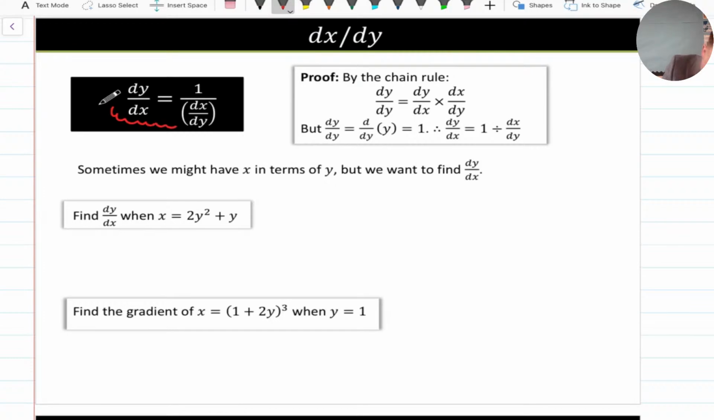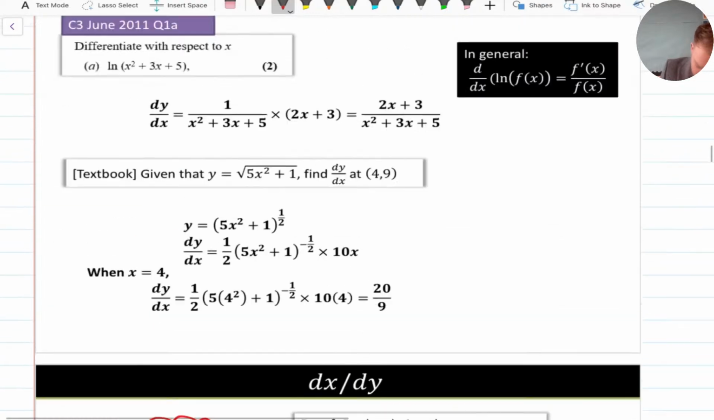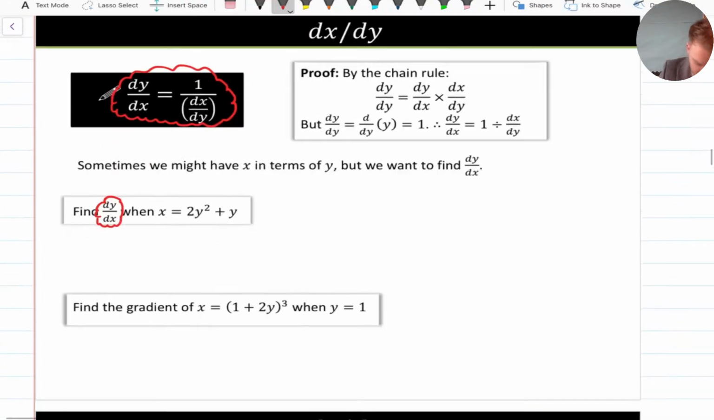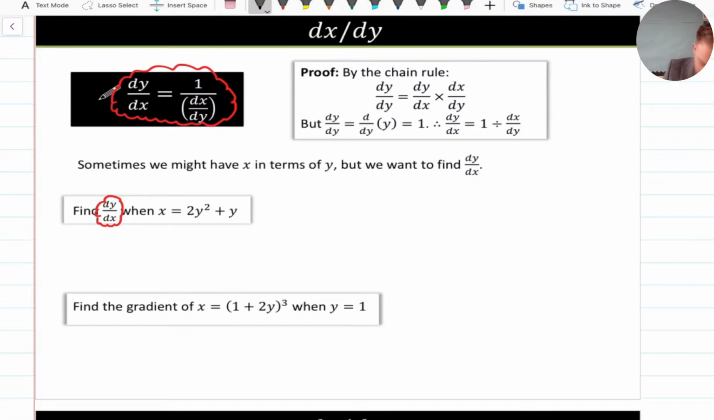dy by dx is equal to 1 over dx by dy. Now, it's a little bit like a fraction. You can think about it like that. So obviously, if you're thinking about dividing by a fraction, it's going to be 1 over the reciprocal of that fraction. So if I want to find dy by dx of this one, then I'm going to differentiate this with respect to y now. So it's going to be dx by dy is equal to